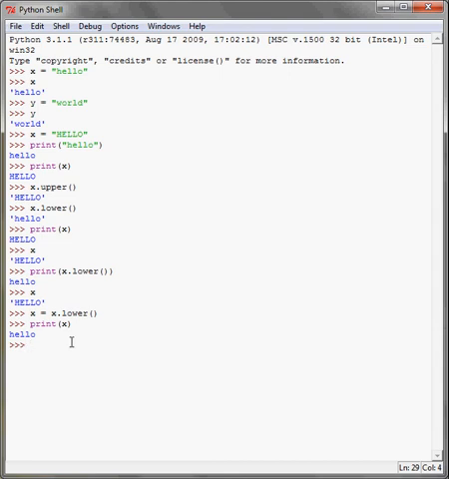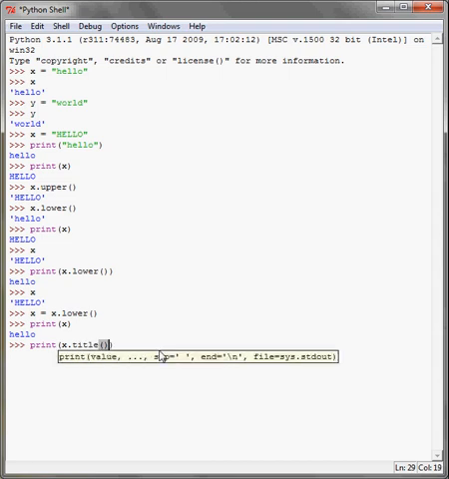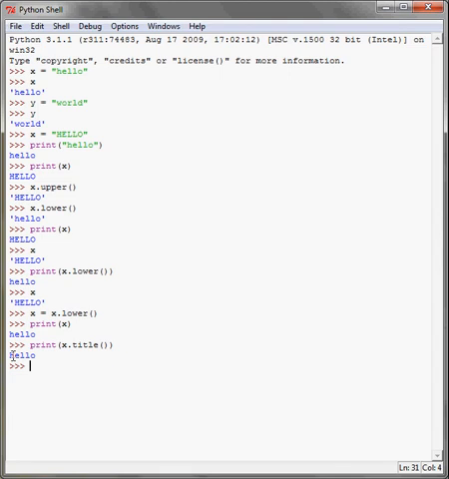A slightly more useful function, closely related, is the title function. This is simply making a string, the variable type containing text, formatting or changing it, manipulating it in a way so that it looks like a title, meaning the first letter of every word is capitalized. This is simply x, the variable we want to change, dot title, brackets, no parameters needed, enter, and the first letter is capitalized. If we were to have a second word here, the second word, the first letter, would be